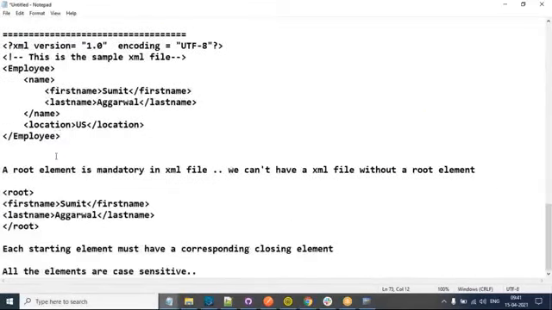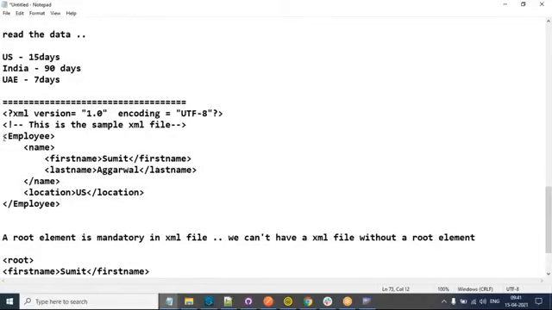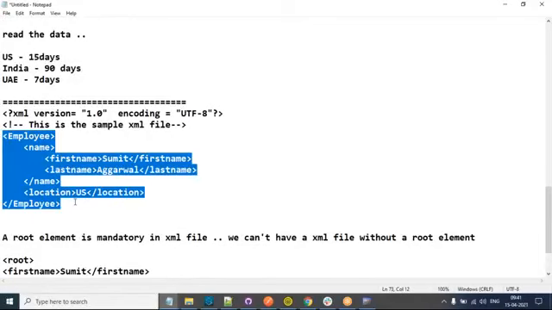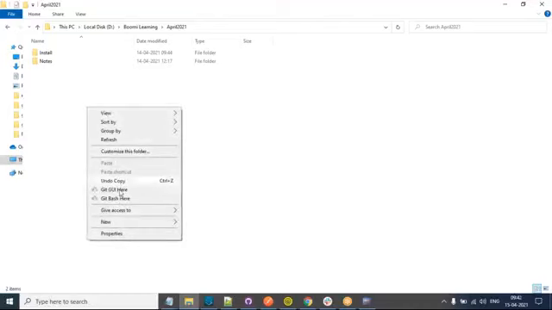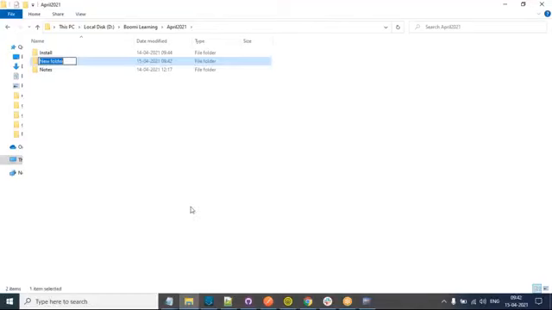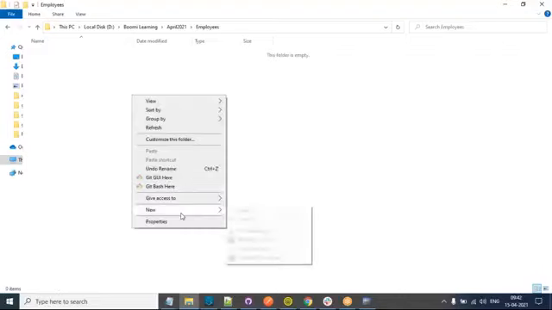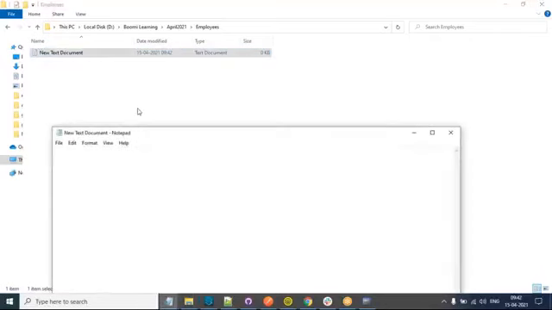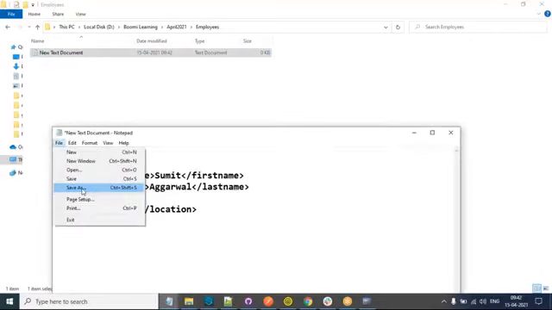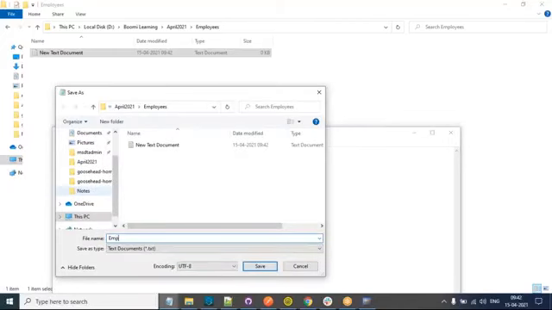So this is my XML file, right? Now what I want to do is create a file out of this. How can I do that? I'll go here, in this directory I will create a new directory, let's say employees. And in this employee directory, let's say I have a new file. I'll come here, paste this data, and save as employee